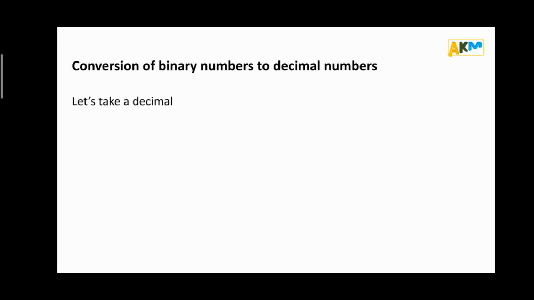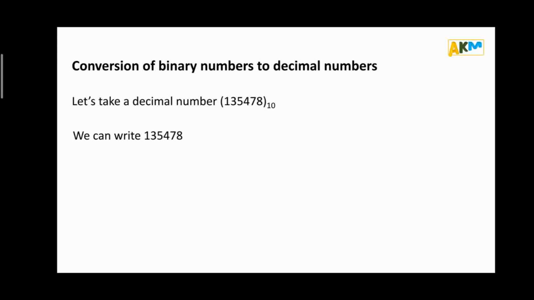Let's take a decimal number 135478. Here the base is 10 since it is a decimal number. One thing you should remember is that while writing a decimal number, we don't show the base by default. For other number systems, we have to show the base. Like for the octal system, we have to show the base as 8, and for the binary number system, we have to show the base as 2. But in the decimal system, we don't need to show it.